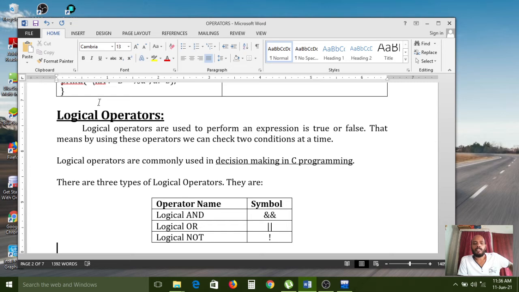There are three types of logical operators. What are they?